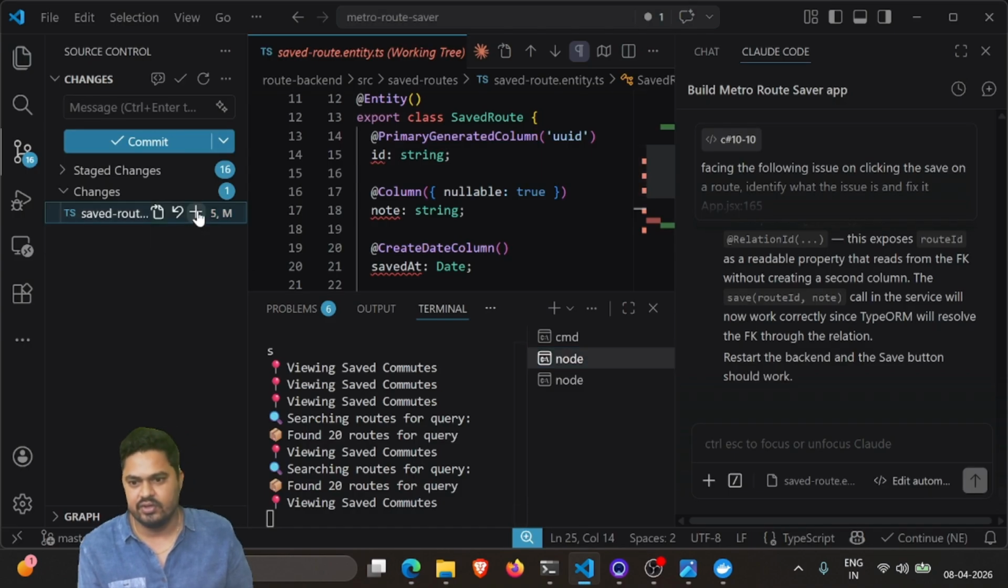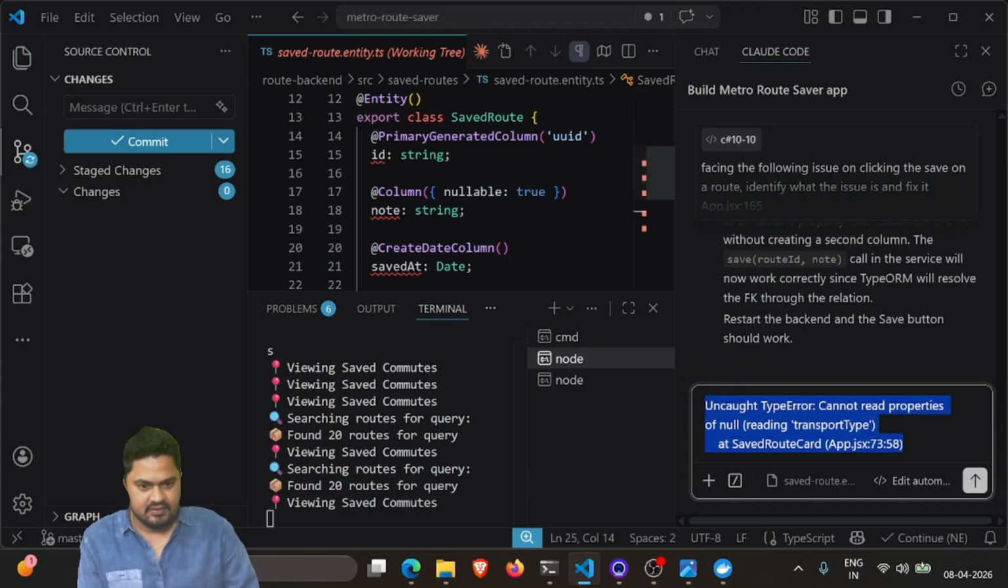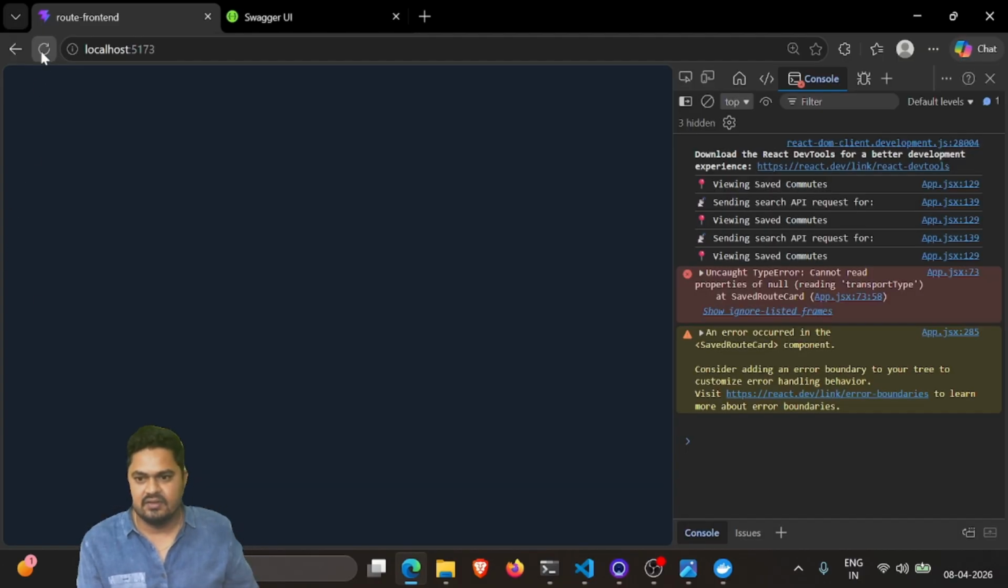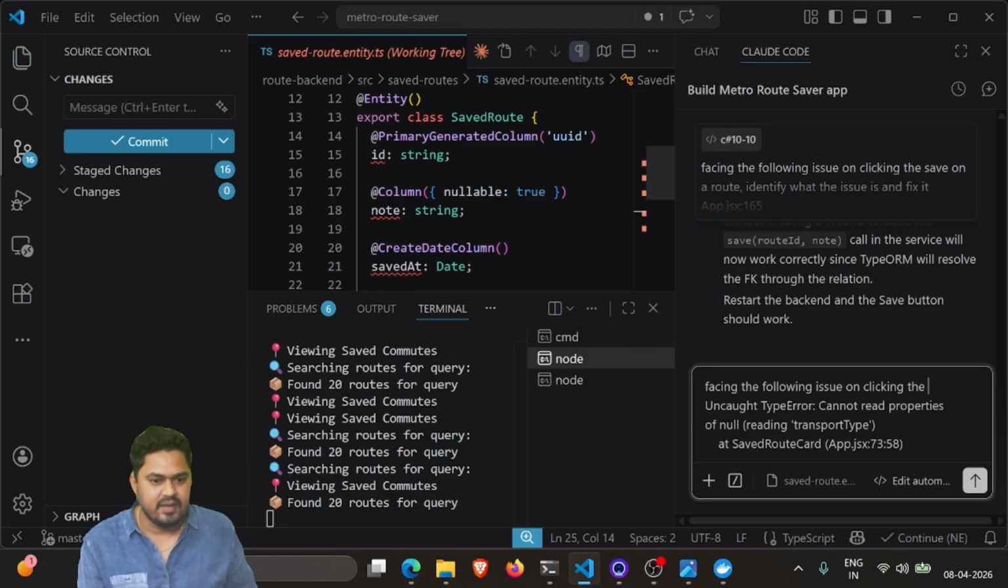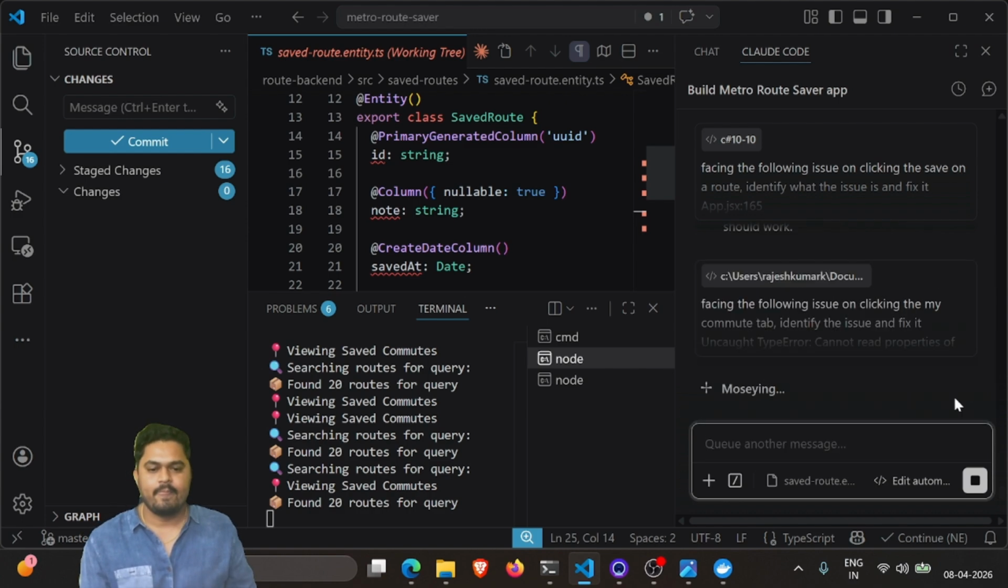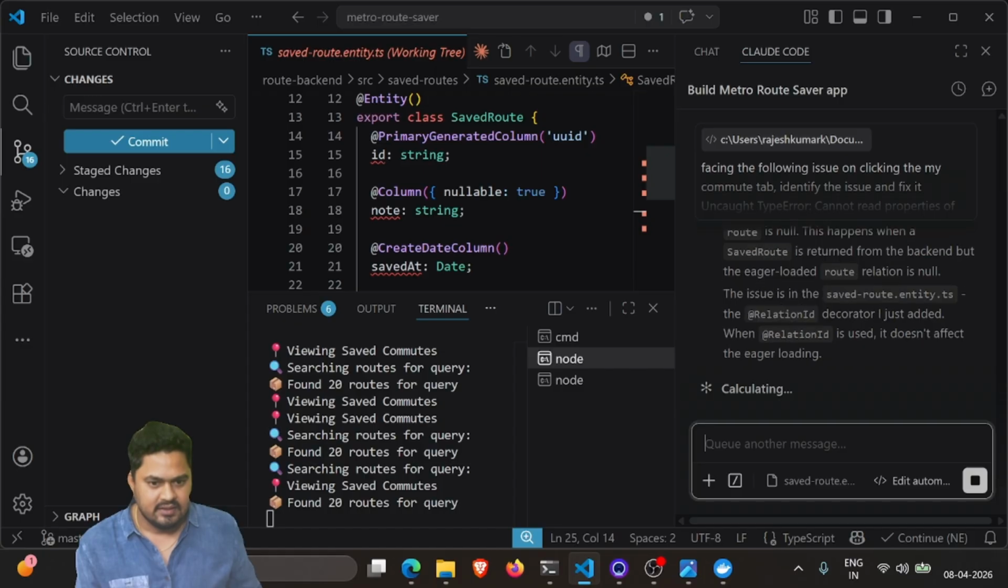We've seen this is working. So we'll paste this. Now we're facing the following issue on clicking the my commutes tab. Identify the issue and fix it. So again it is reading for us. So scheming, it thought,